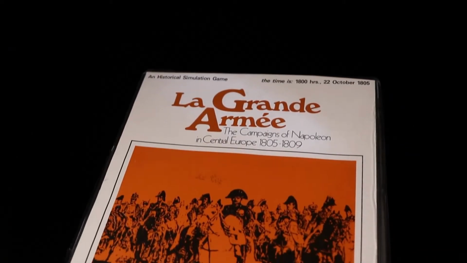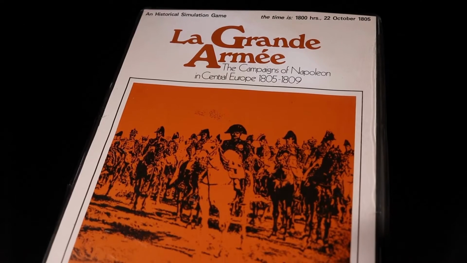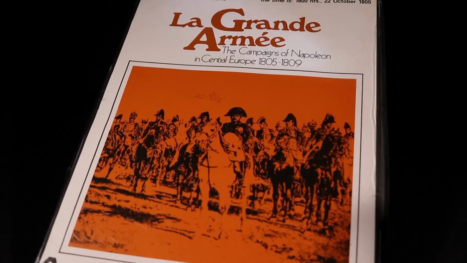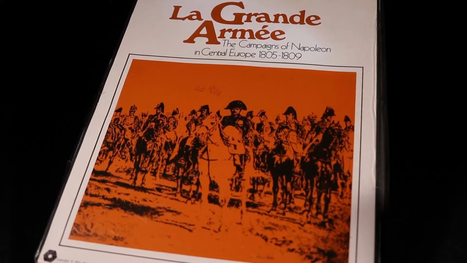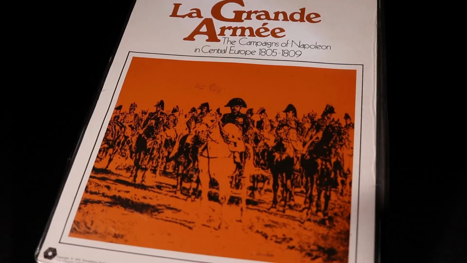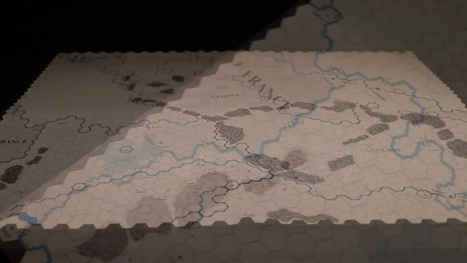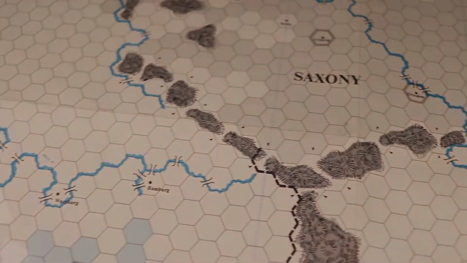Le Grande Armee is a grand tactical two-player game published by SPI in 1972. The game itself depicts three important campaigns of Napoleon, including the 1805 and 1809 campaigns against Austria and the 1806 campaign against Prussia. The game itself includes the following components: a 22 by 28 inch map of Central Europe, 400